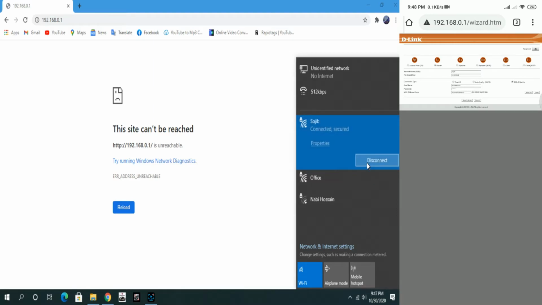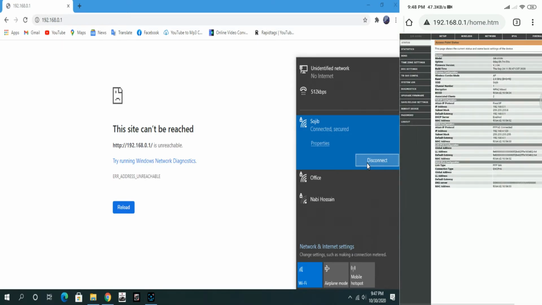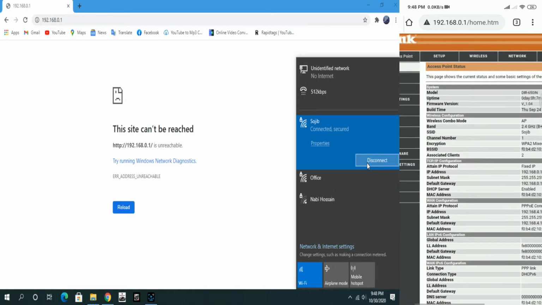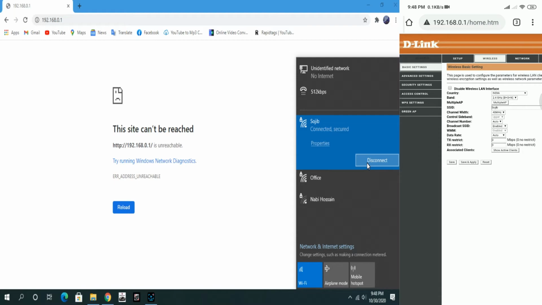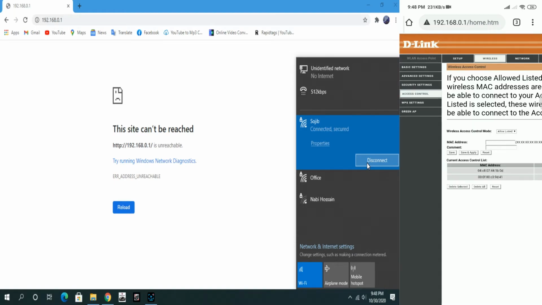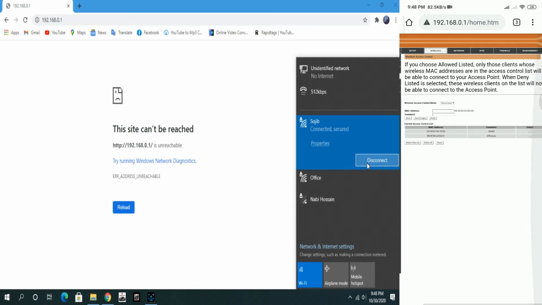So friends, you can see that now my computer is connected to our Wi-Fi again. Here you can see I have two devices connected. One is my phone, the other is my office computer.